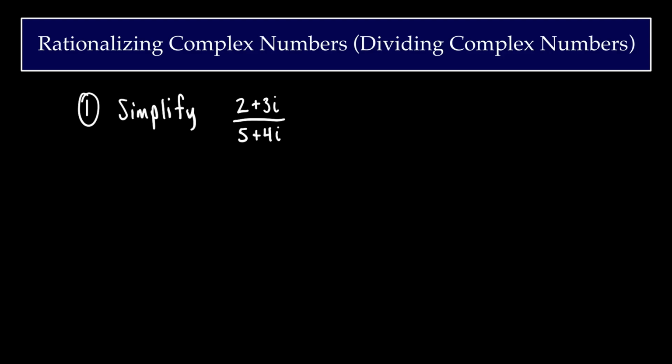All right, so we're going to talk about rationalizing complex numbers, which is essentially just dividing complex numbers. So you might be asked to take an expression like this one and simplify it. Basically, you've got a complex number on the top, complex number on the bottom. Really, the only issue with fractions of complex numbers is we don't really like to have a complex number on